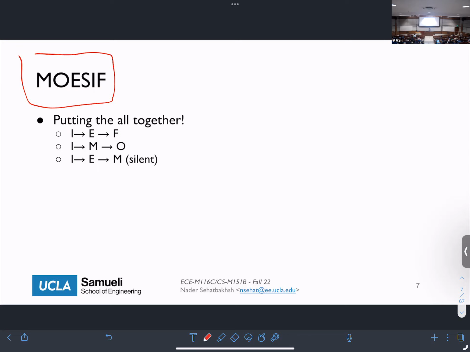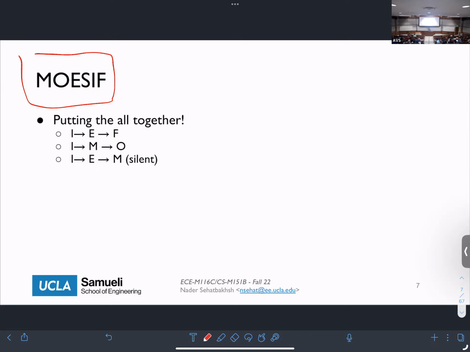Not every modern system has all these 6 different states. Some of them are MOESI, some of them are MESI. Typically, most of them have the E because E is the most useful case. But the F and the O really depend on how much sharing is required between the users. So both O and F are typically doing the same thing. It's just for the clean copy and for the dirty copy. For F, you typically need the E. It doesn't make sense to have F without E. So usually we have I, E, and F as one transition.